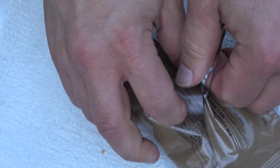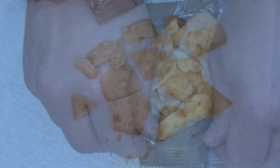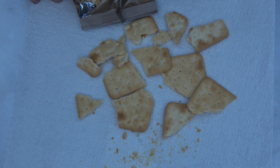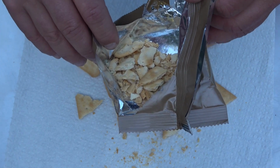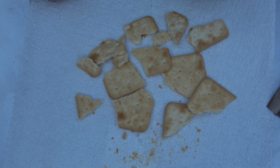Oops. Oh wow, these are kind of crumbly. Well, they are not a sweet cracker. They're not very salty. They're kind of bland, but they're going to go good with this processed cheese. I got that much and this little bit of crumb, so I'll save this. Maybe I'll toss that into the soup or whatever else I got going on later. So let's go ahead and